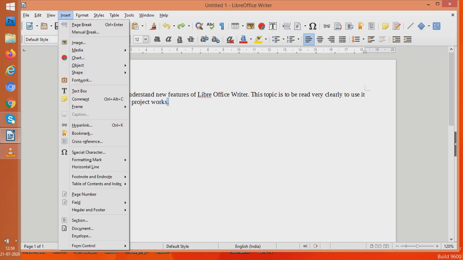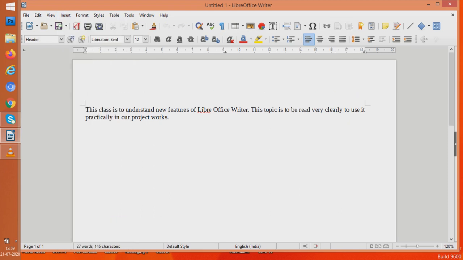There is an option called header and footer, and here we'll go to header. If I click default style, we get a place, see students, where I can write the header.